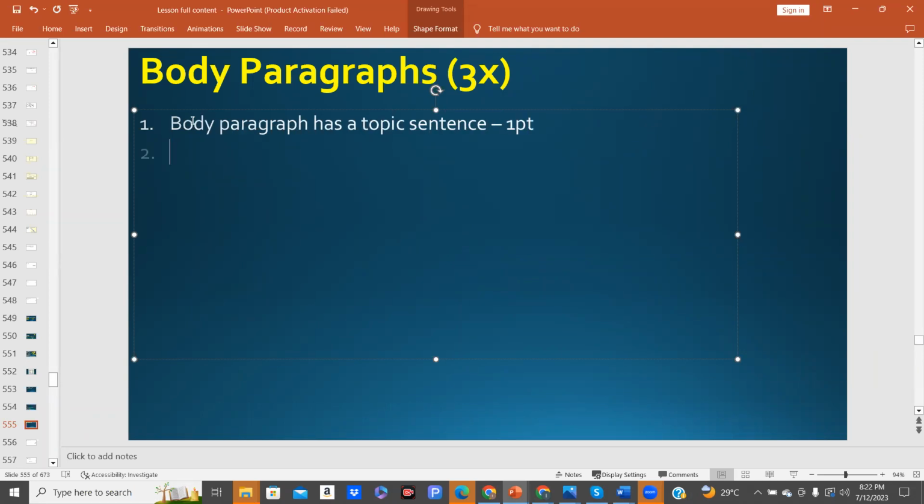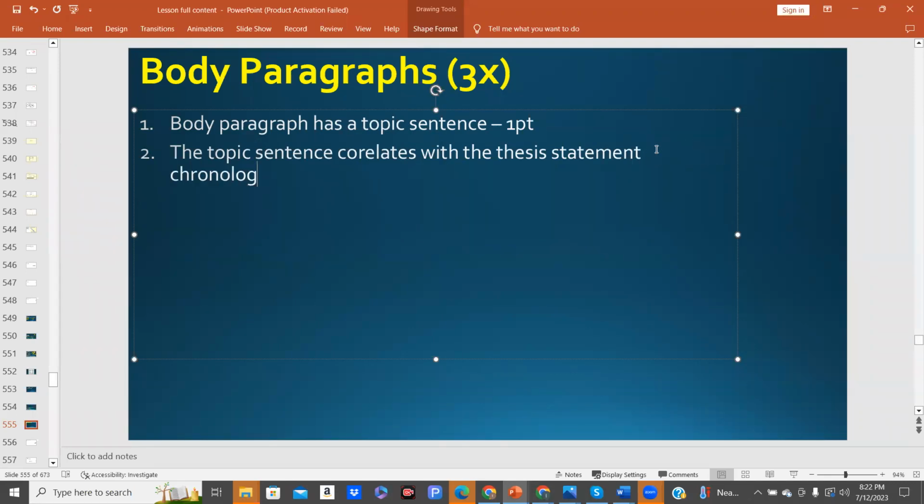It's 1 point. This next point is something interesting. The topic sentence correlates with the thesis statement chronologically. So what that means is when I say the topic sentence correlates with the thesis statement chronologically, it means that